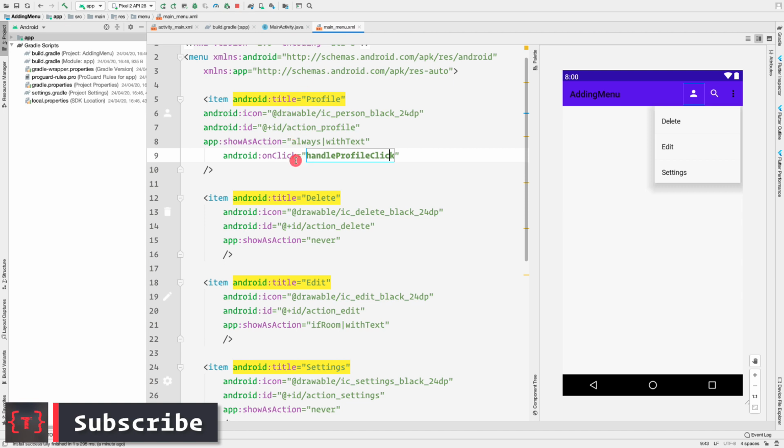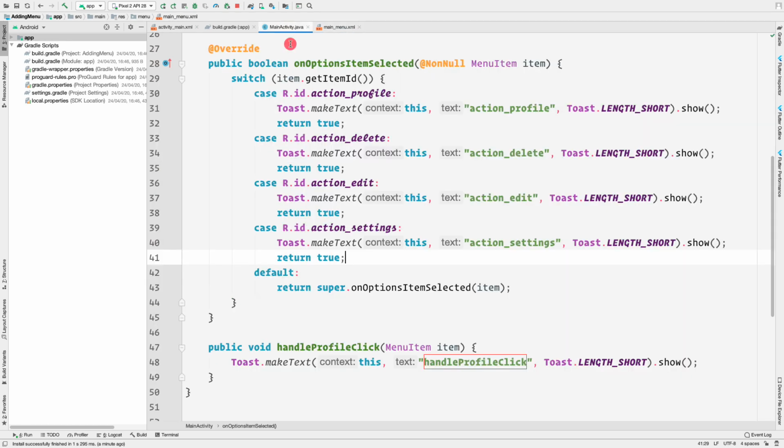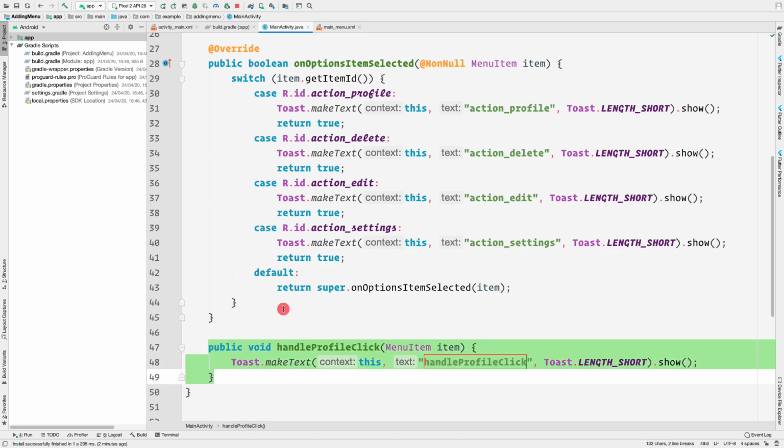And we see that whenever this attribute is present and the method is present, then the onOptionsItemSelected case, that is R.id.action_profile, won't be called, but rather the method provided as an onClick attribute inside the profile item would be called. So this is how you handle item click events inside your menu.